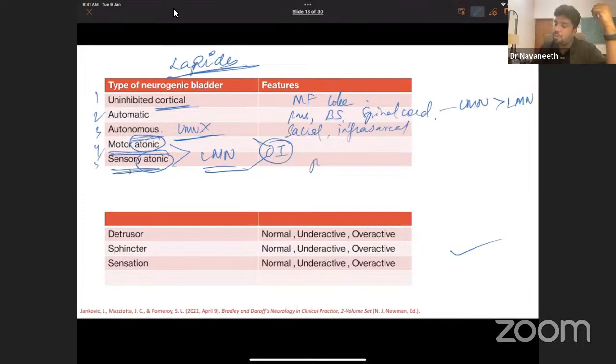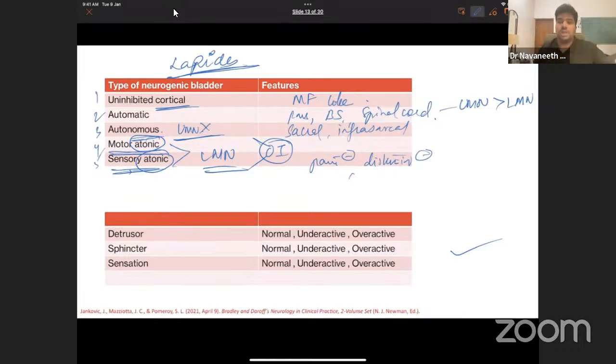So therefore, there is no pain or feeling of distension. So the patient will not realize that the bladder is full. So if he doesn't realize the bladder is full, how does he know? The bladder is going to become big and big and big. So he'll have to lift his shirt, see the suprapubic swelling, press on the suprapubic region, and that causes micturition. That's what he has to do. Or he has to squat so that the pressure increases intra-abdominally,